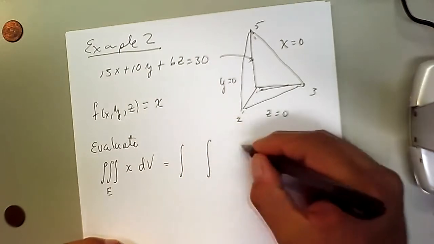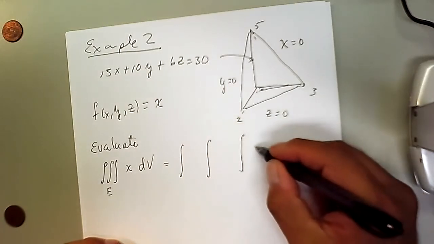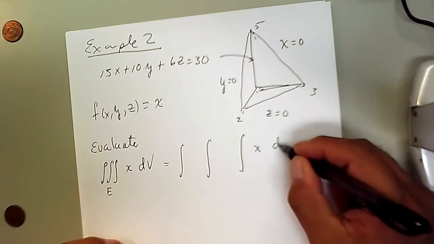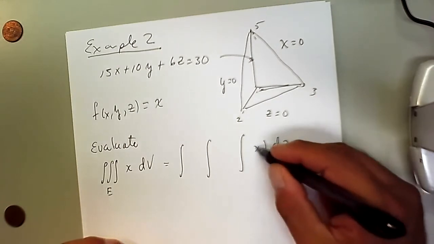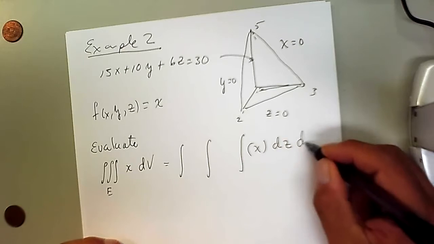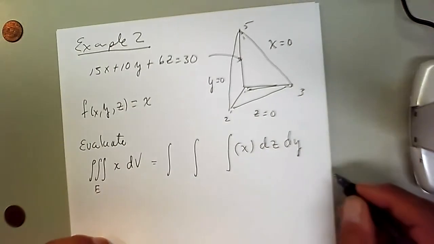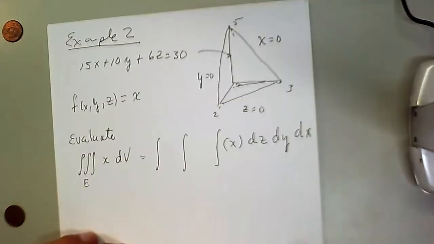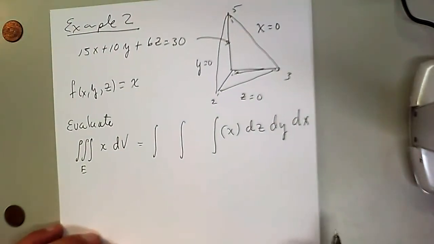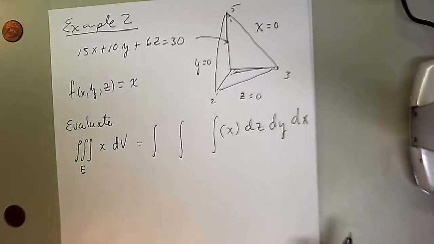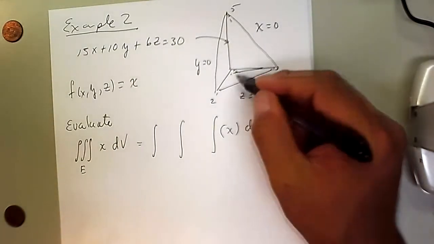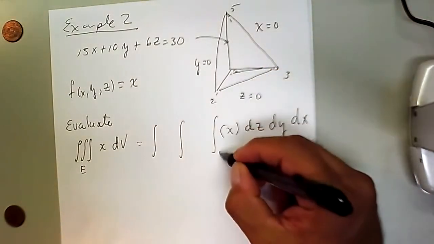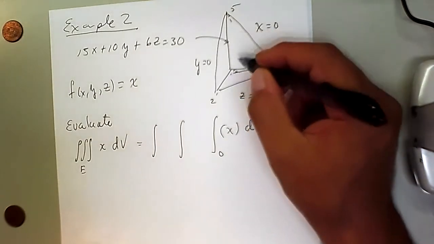1, 2, 3, x. We're going to integrate with respect to z, so x is our function, then with respect to y, and then finally with respect to x. And there's a method I use to figure this out. So the bottom z is 0. The upper z is,